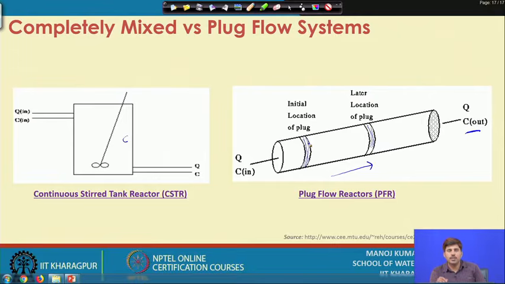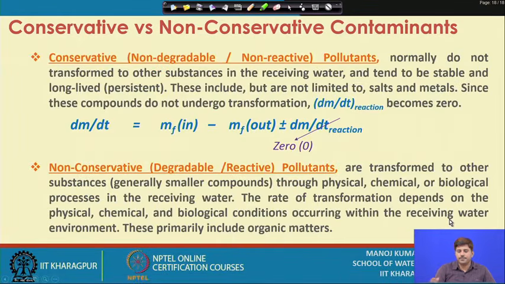So, the concentration of a contaminant or substance at this time in this plug may be different from that at a later time in this plug, and could be different by the time this plug comes out of the reactor, because it is spending more and more time and the reaction could be taking place with the progress of time, and that could lead to a decrease in the concentration. So, that was plug flow versus continuous flow systems.